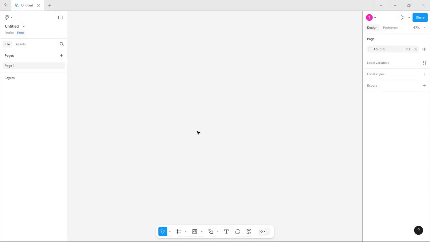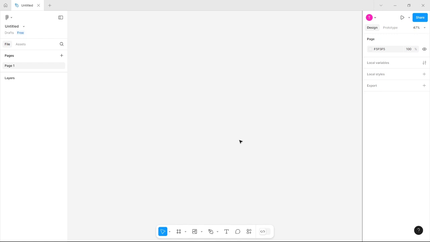Alright, so you open your Figma and you create a new draft and we start. This tutorial is going to be suitable for intermediate designers or beginner designers. If you're new into design, if you follow along, I'm sure you can be able to replicate this on your own. So first things first, we're going to start by getting some of the resources we would use for this